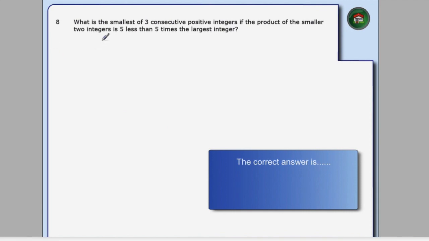All right, number 7. What is the smallest of 3 consecutive positive integers if the product of the smaller 2 integers is 5 less than 5 times the largest? So the first thing you have to understand is consecutive, and that means one after the other. So if I had one, x is the smallest, the next number,